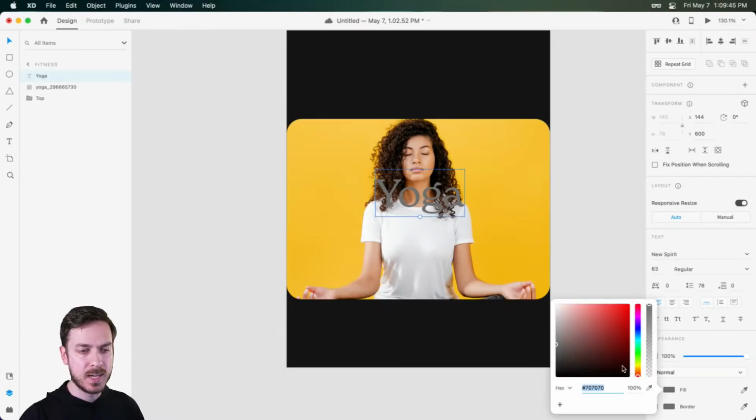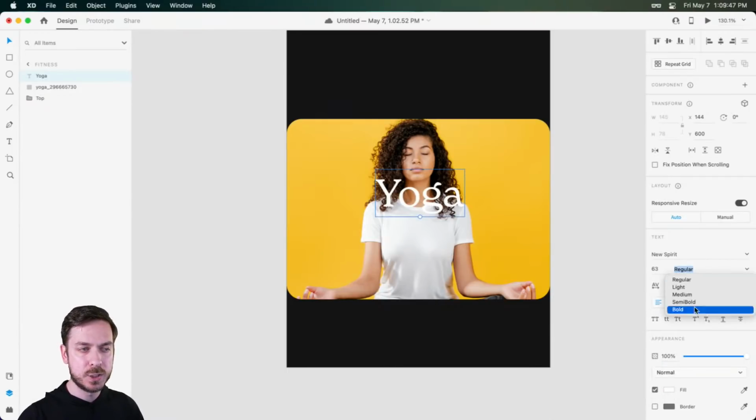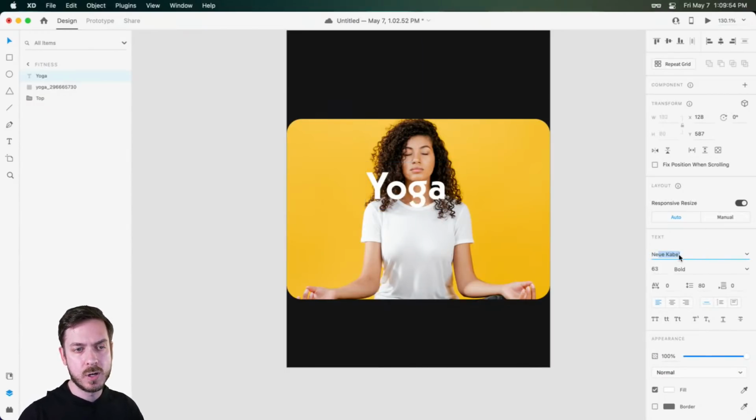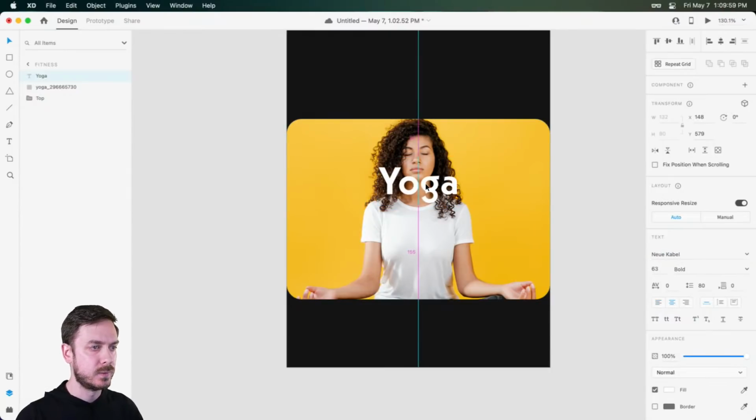It's interesting, right? But for a workout app, I'm not sure it'll work. It is definitely interesting. I don't hate it, but let's try something like New Cobble. It's got a little bit of fun to it. It's sans serif. I think it'll do, right? Now,